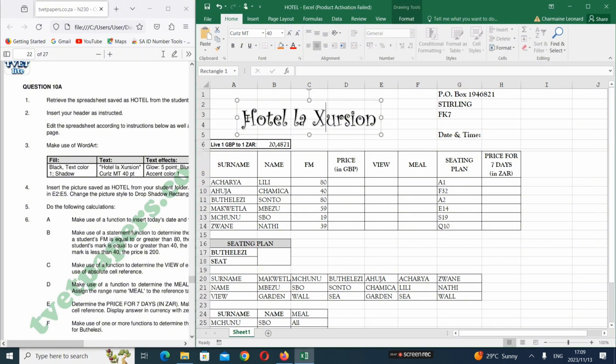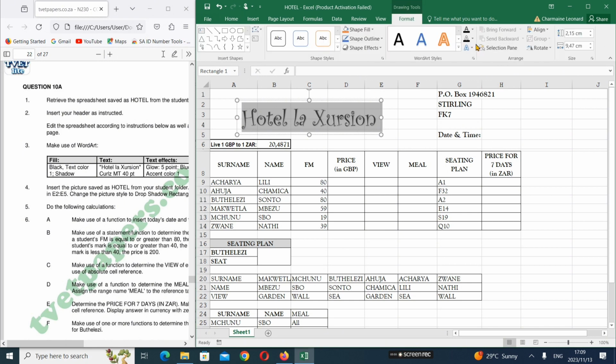So coming back to this, just highlight like this, and then we have this format here. We come into format, and then we're looking for our text effect. So this is our text effect. We have our text outline, and then this is the text fill. The fill is where we choose that black color accent, and now we are strictly focusing on this. They said it must be glow, so we're looking for